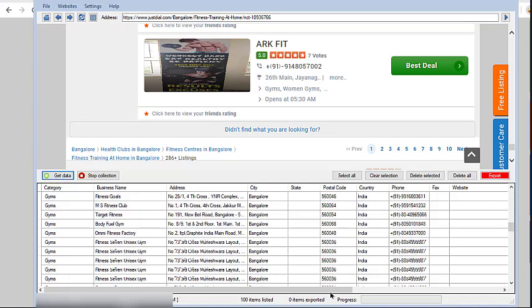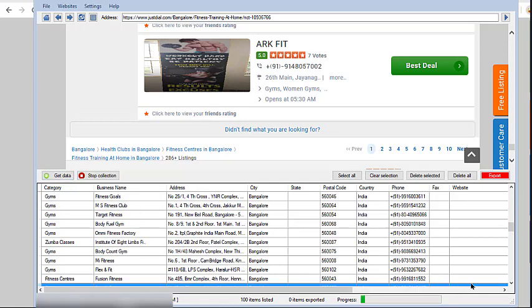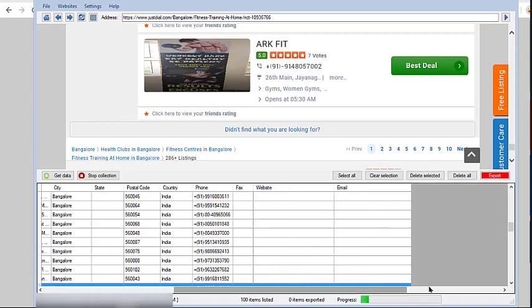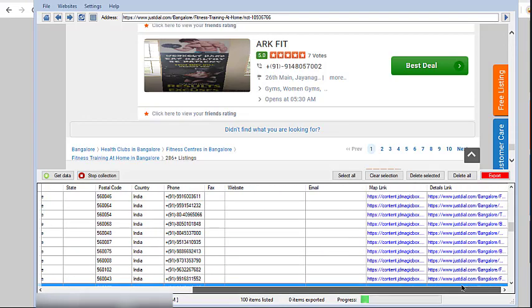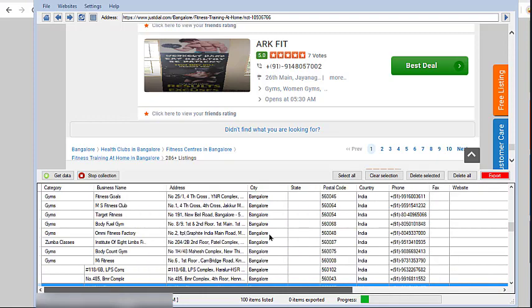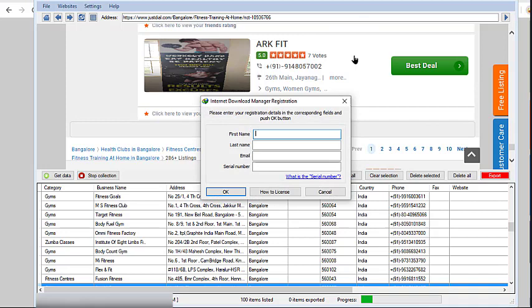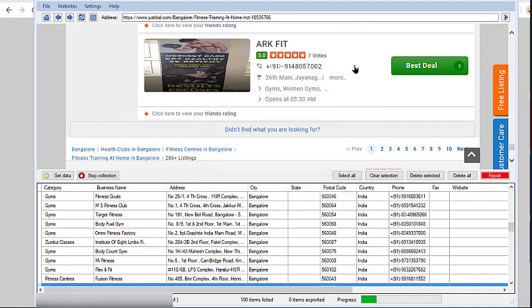I'll just come down and show you the data. After scraping the data from the first page, it will go to the next page automatically once the progress bar is completed.